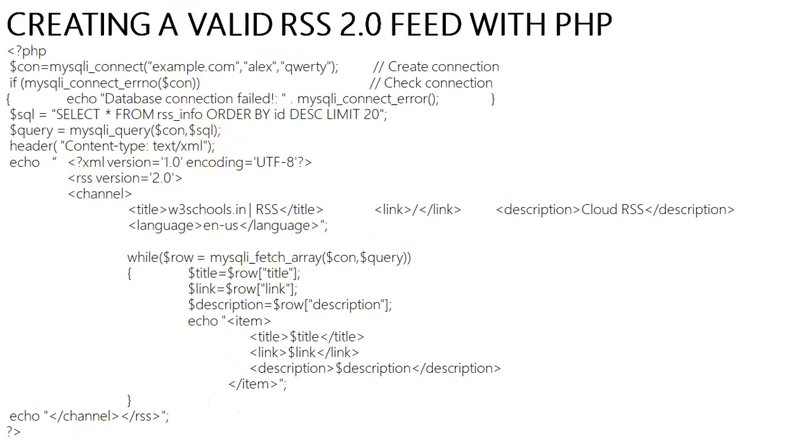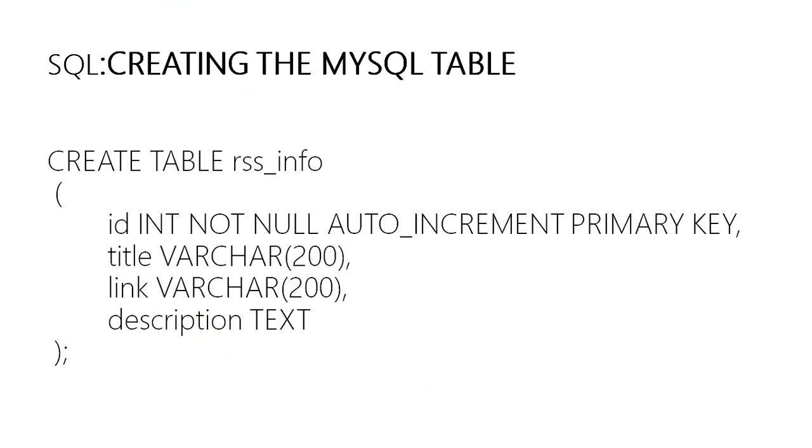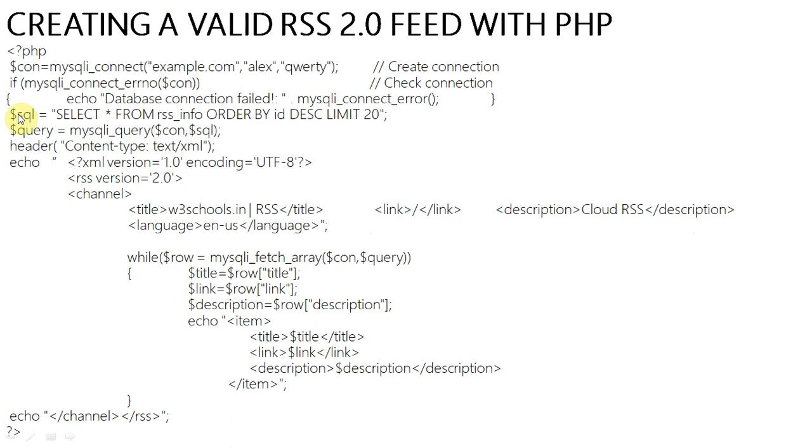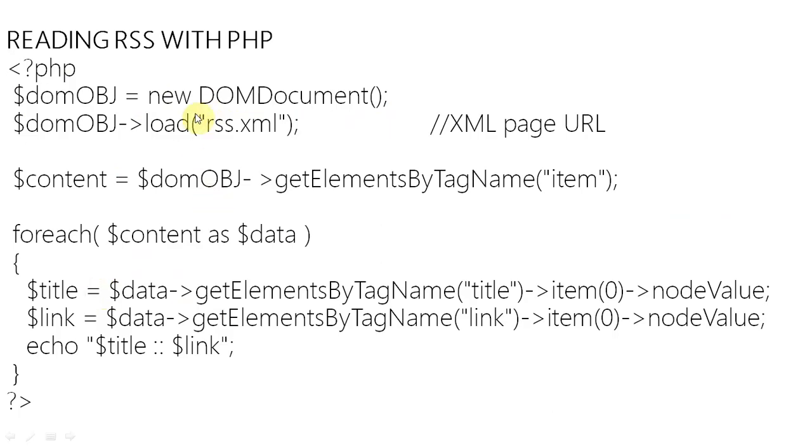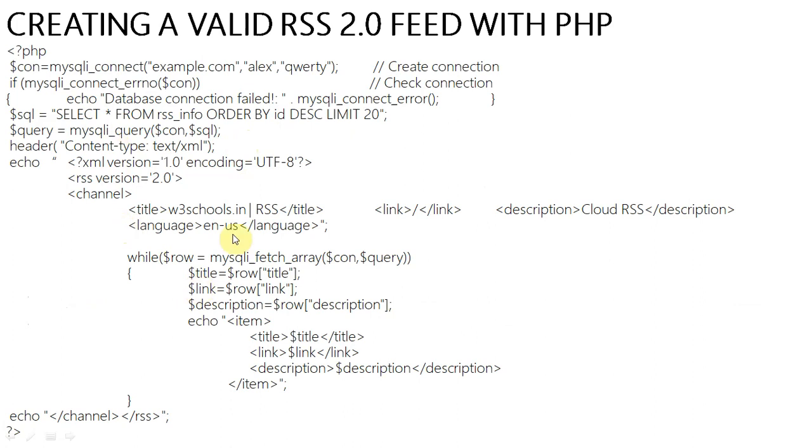And then by this program we will collect all 20 elements. Maybe we can add more than 20. Suppose we have added 30 elements, but we are collecting only 20, and then by this while loop we have converted all the data of up to 20 elements into XML form. And by this program we are retrieving the XML data which we have prepared, the XML file.